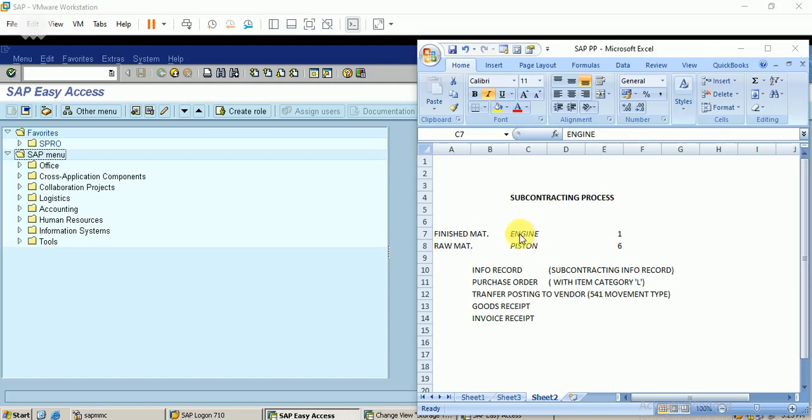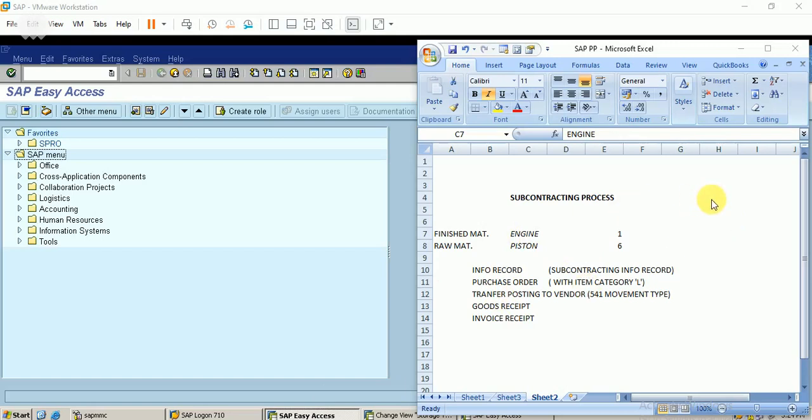I have one engine in my company, and I cannot perform the service for this material. For that, I'm providing this material to my vendor, who can perform the service work for this material. And the business process starts with the